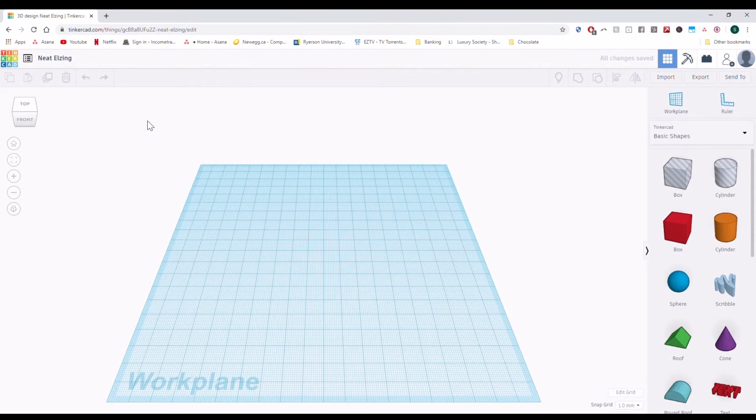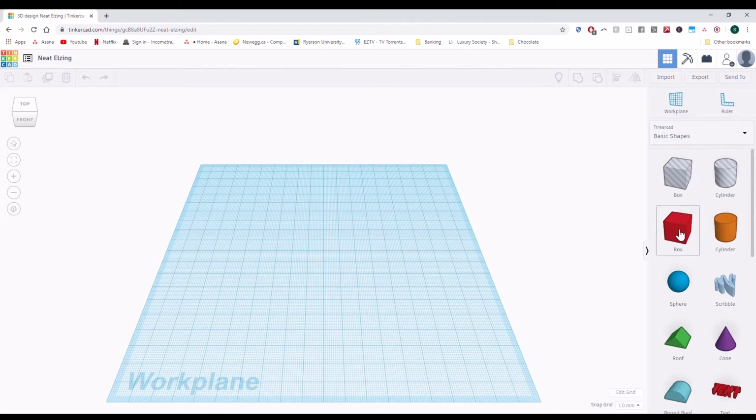Now you'll be introduced to a new workspace with no objects, no designs. This is where we're going to get started. And for today's tutorial, we are going to create a mug. So the first step is I'm going to show you guys how to actually drag multiple objects and manipulate the size and scale of these objects together, and we'll take it from there. So like I said, today we're making a mug, and it's going to be a very simple mug, and it'll show you everything you need to know.